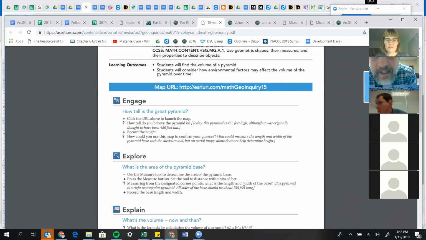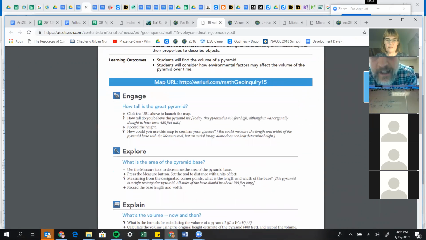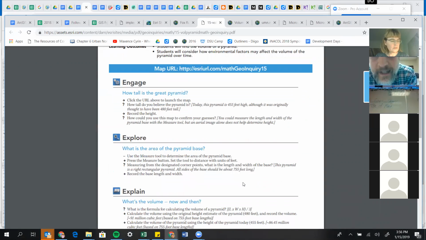And this one was really a fascinating one. I think you guys have done something similar with measuring different things in a map. This one is actually to develop a measurement for the volume of the Great Pyramid and then do a comparison about how much volume has been lost over the years based on the estimated initial measurements.